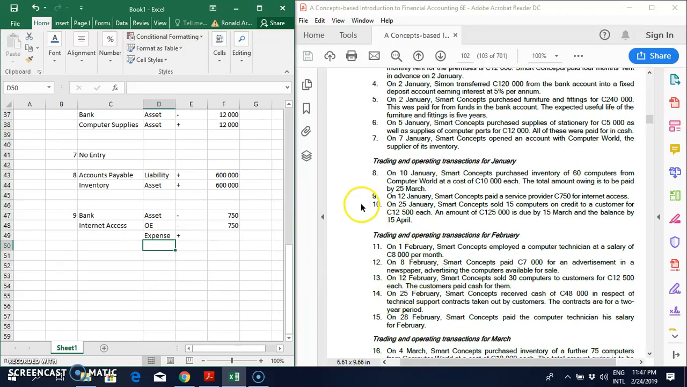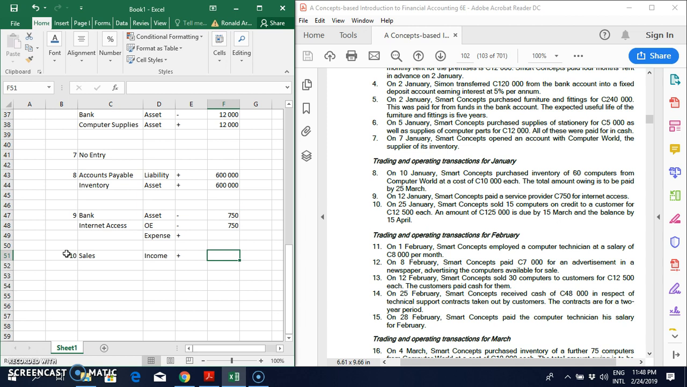Let's look at transaction number 10. It says on the 25th of January, Smart Concepts sold 15 computers on credit to a customer for 12,500 Rand each. An amount of 125 is due by the 15th of March and the balance by April. So now with transaction 10, we made a sale, so we call that account sales, and that's an income to the business. Income increases owner's equity,